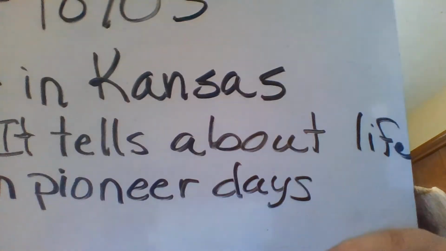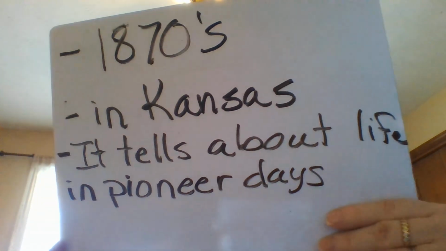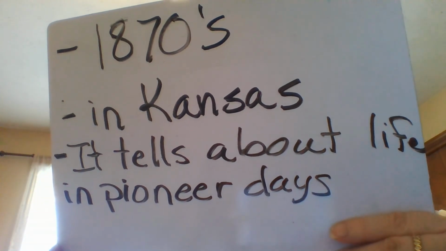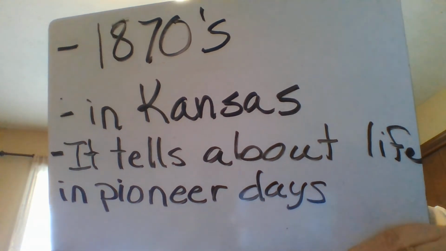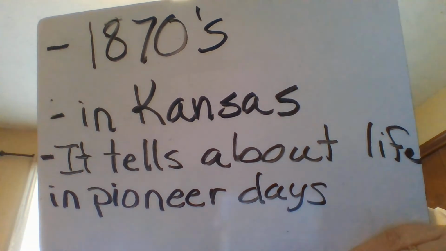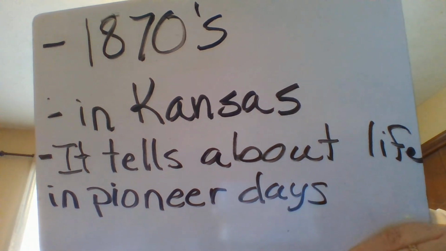So because it was set in the 1870s on the prairie in Kansas, it is telling us about a certain time in history. It's telling us about pioneer days. So if it were set in a different time period, it would have to tell us about different ways of people living. So then the next question says, could it take place today? And then tell why. So the answer to that question is obviously